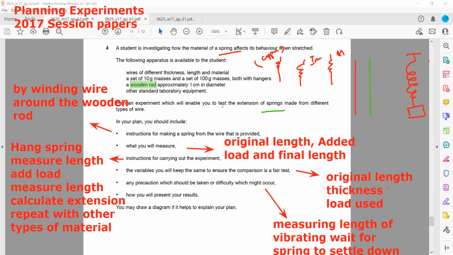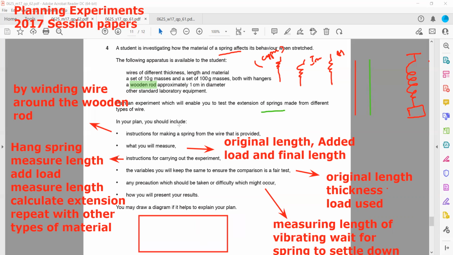Then how you will present your results. So how can we present our result? We will present our result either by using a table you can draw, or you can also have a graph for force and extension. So you can plot a graph between force and extension and represent the result, or you can also draw a table